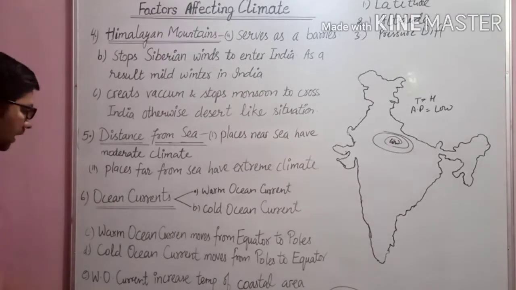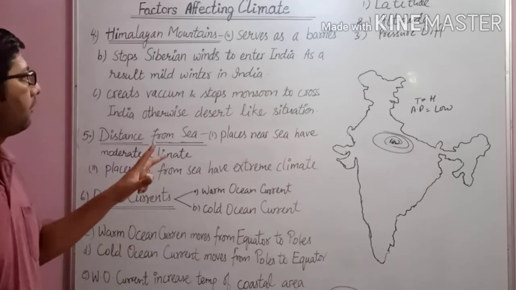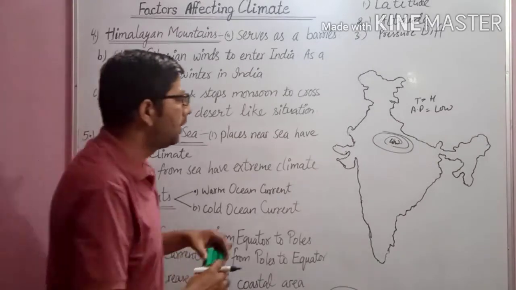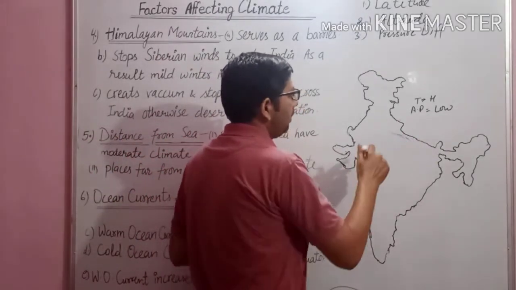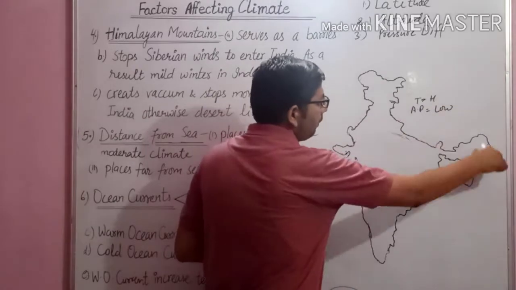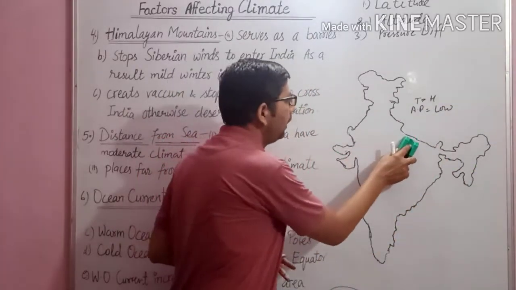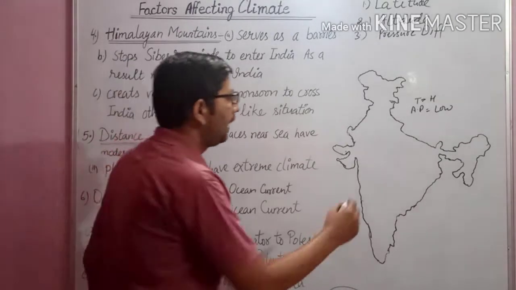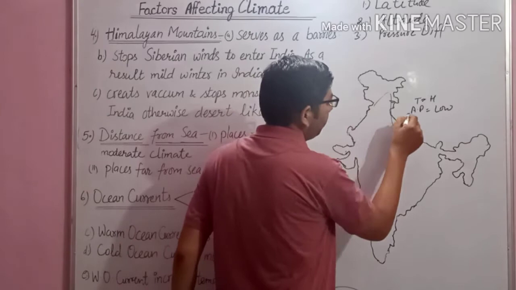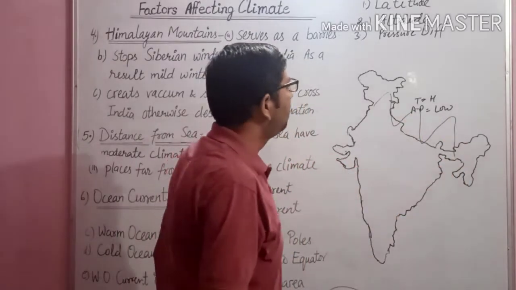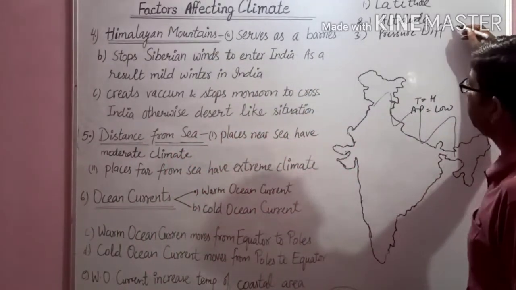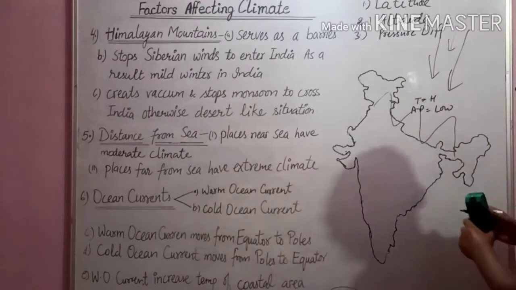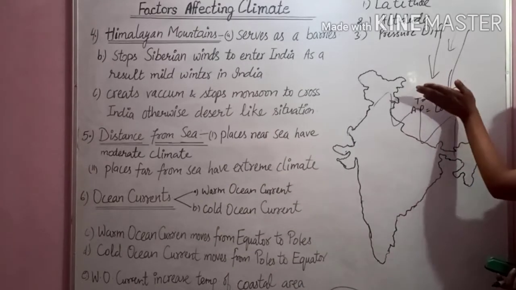Now we are moving to the next 3 more factors which are affecting the climate of India. The 4th one is the Himalayan Mountains. These Himalayan Mountains in the northern part of India are very much affecting the climate of India. What it does, like this is the range I am creating here, it stops the Siberian winds. ये साइबेरिया, रशिया की तरफ से जो cold winds आती हैं, तो Himalayan mountains, due to its altitude, stops them